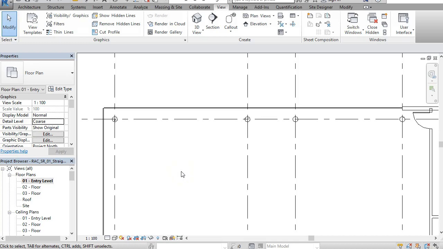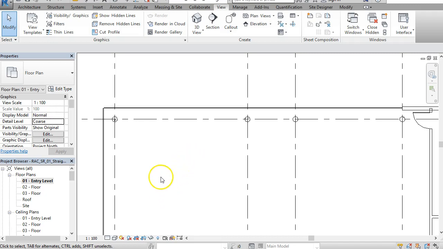Hi there, I'm going to show you in this tutorial how to create a spiral staircase in Revit. Now, like a lot of things in Revit, there are a number of ways of doing it, so what I'm going to show you is what I think is the simplest way, but there are different ways you can go about this. Essentially what we need to do is create the stairs first and locate that in the right position, and then we need to create an opening for the stairs, which will be created using the